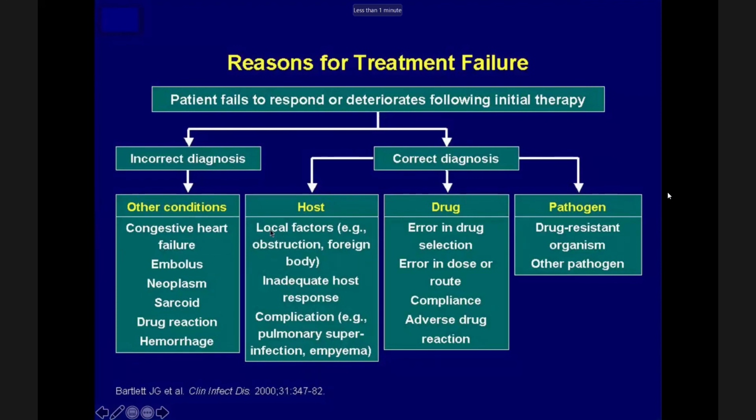If the diagnosis is correct, you have to think about local factors, obstruction, complications such as empyema, and the drug might be the issue: error in drug selection, error in dose, and the pathogens you are treating may be drug-resistant organisms, with a drug which is not working on them. So we have to think about this if the patient is not